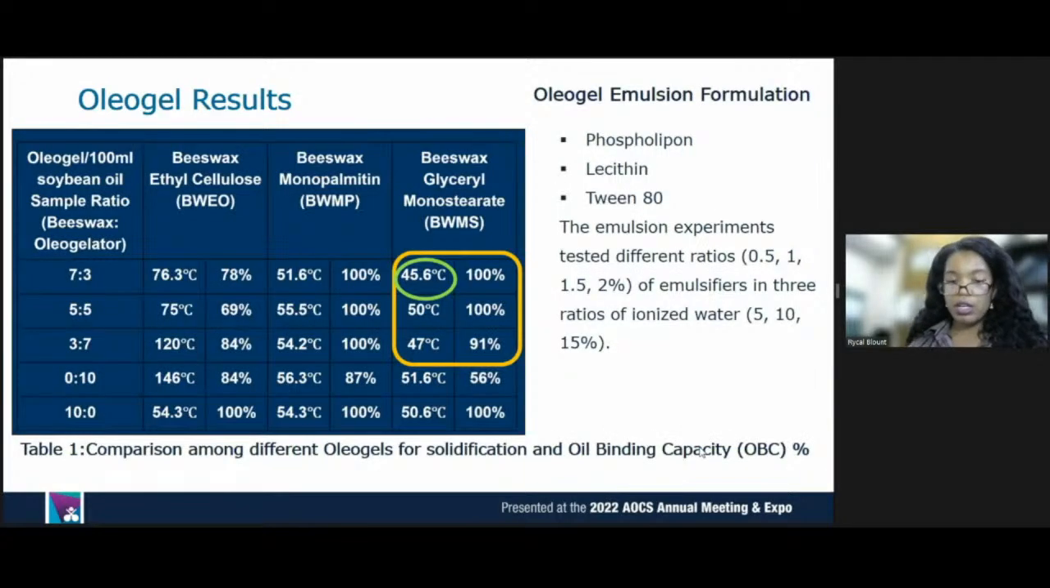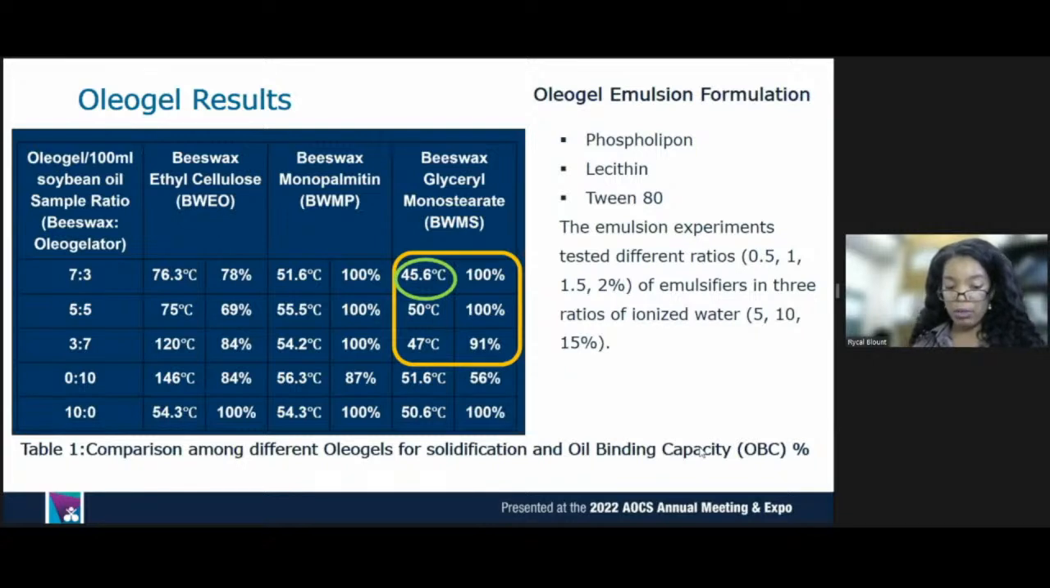So looking here, table 1 is a comparison chart, and it showcases where 100 ml of soybean oil is prepared in a 10% ratio with beeswax and either ethylcellulose, monopalmitin, or glycerol monostearate. Probiotics, again, are very sensitive to high temperatures. Therefore, my primary goal was to create a stable oil gel with a solidification point between 45 to 50 degrees Celsius